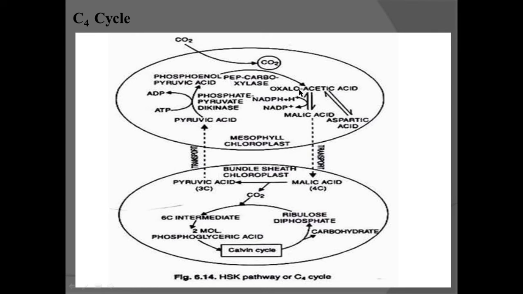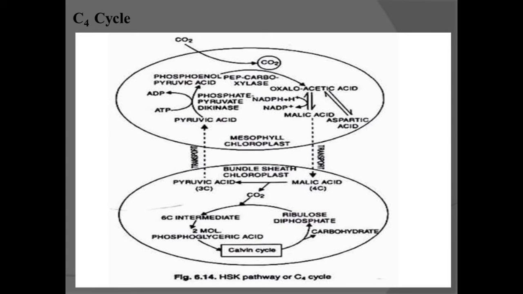It is converted into oxaloacetic acid, a 4-carbon compound. It is the first stable compound formed during this cycle, and it is a 4-carbon compound. That's why this cycle is known as the C4 cycle. The 4-carbon compound oxaloacetic acid is converted into malic acid by utilization of NADPH2